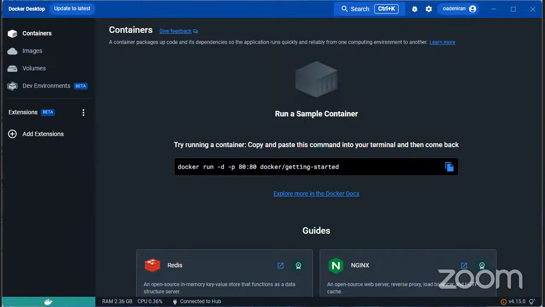But what is on our screen now is the Docker Desktop, and we can see that there's even an example of a command for what you can do with Docker Desktop. So this is where you see the list of your images. If you remember the last time where we said Docker images,